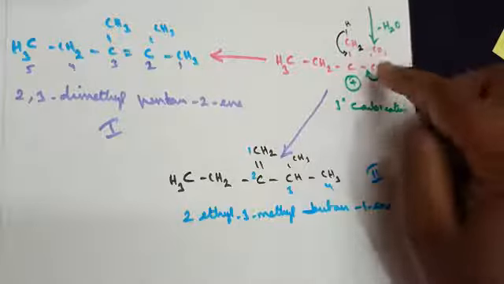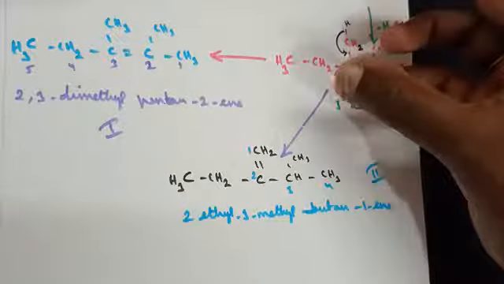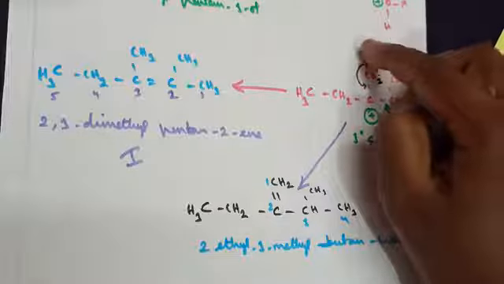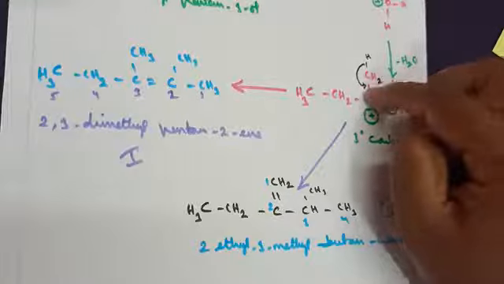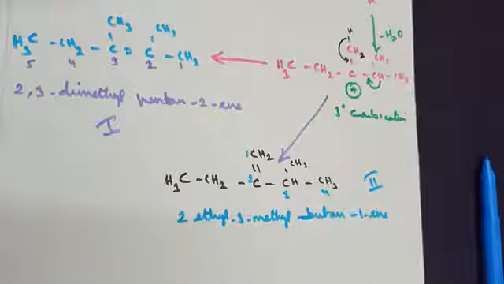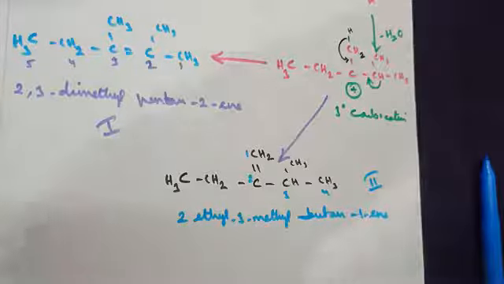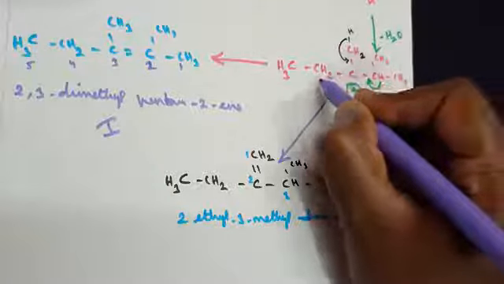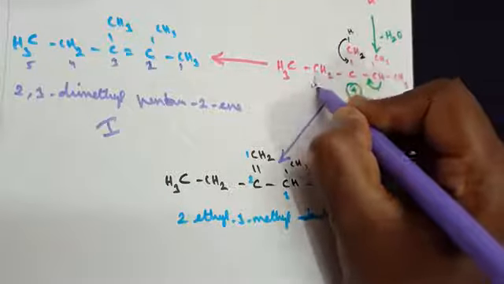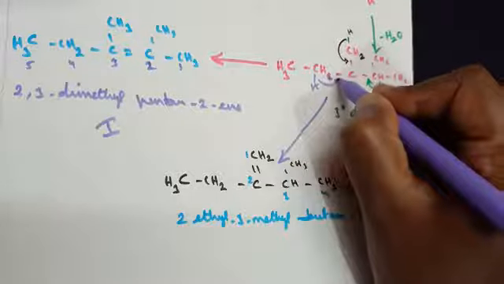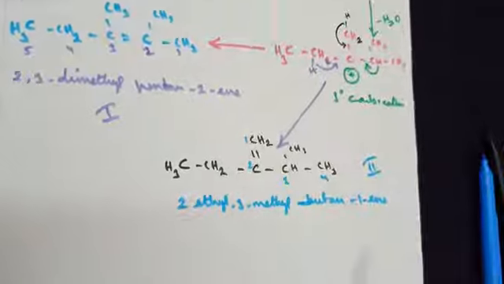In a tertiary carbocation, all 3 sides come forward to form an alkene. If this side forms an alkene, this is the name of the product. If the higher one shares the bond to form an alkene, this will be the name. On the other hand, for the last one, suppose this carbon is losing a hydrogen, CH2 you've got, you can write it as CH and H. If this hydrogen is going out, the bond will move in here to form a double bond.